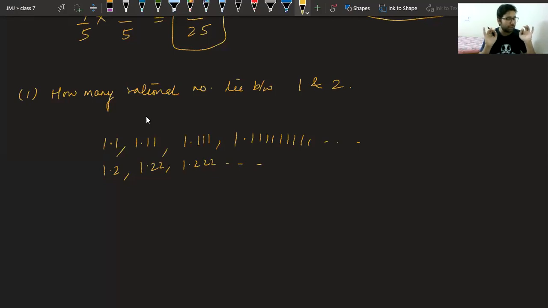Are you able to understand this, class? Yes. We will be doing some questions in which they will tell us, please find 5 rational numbers. Class, we will have some questions in coming time where they will give us some integers and they will ask us to find 5 rational numbers between them.